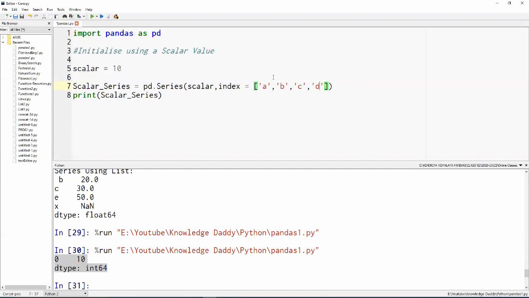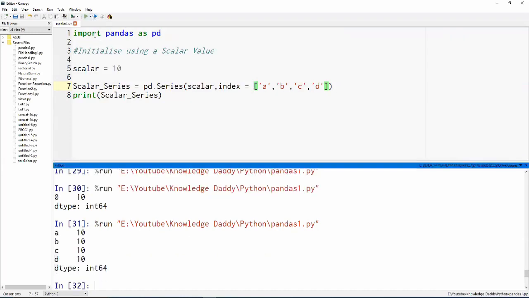When it sees that it is just a scalar value, and not a one-element list, a one-element numpy array, or a one-item dictionary, it simply copies the scalar value into all the index positions given in the index list.